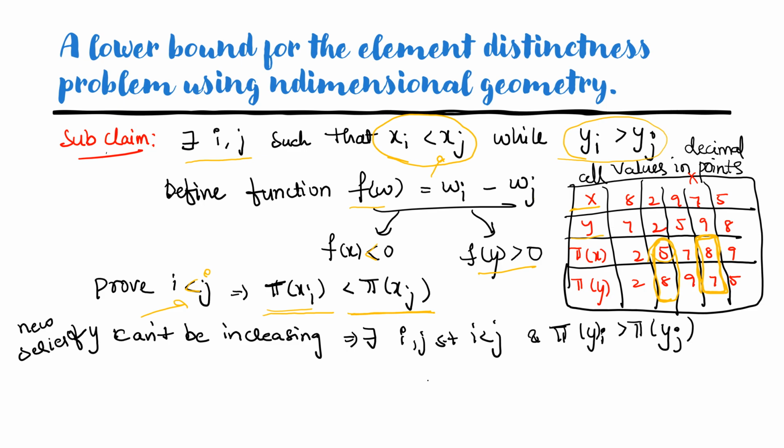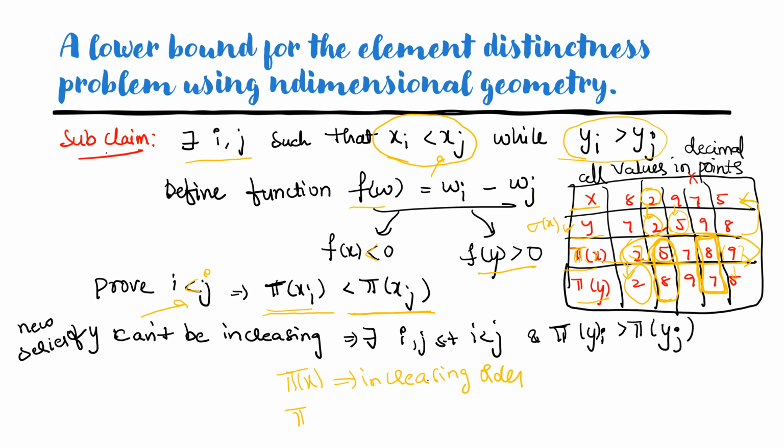So this is the permutation of x. I'm writing the x in a sorted order. So this function is the x in sorted order. How am I sorting this one? For 2, the permutation of 2 is 2 here, so I'm simply writing 2 below this. Again for 9, the value for y is 5. Similarly, I'm rearranging these values here. So pi of x is in increasing order because it is sorted.